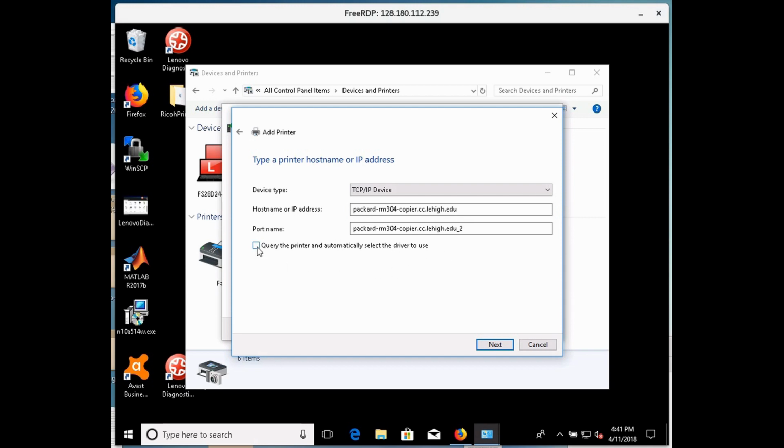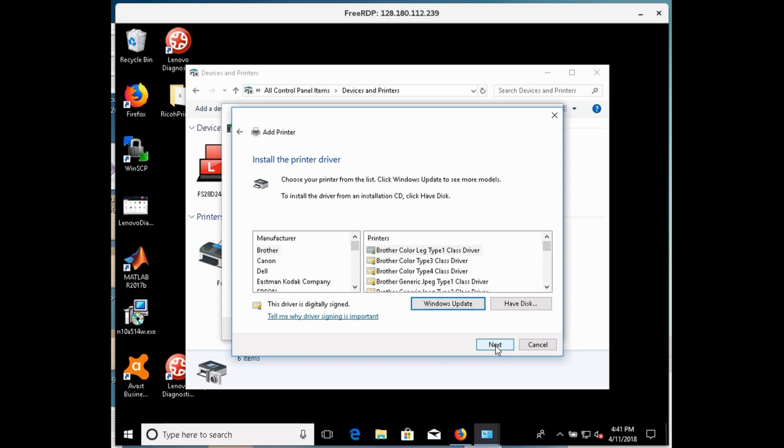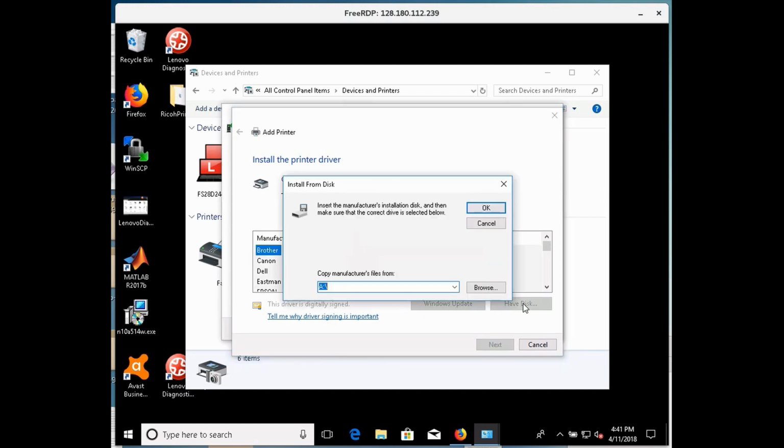If you have this checked, it will go out into the database of Microsoft drivers, and doesn't have a good driver here for the Microsoft portion. So what I'm going to do now is go ahead and click next, and then it's going to come up with a list of printers I can choose from. I'm going to click have disk, then I'll click browse,